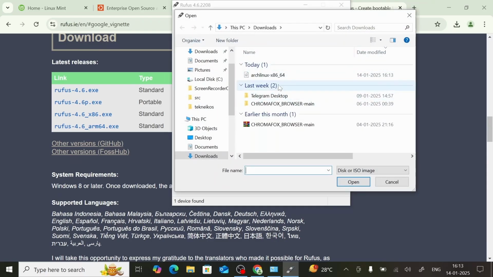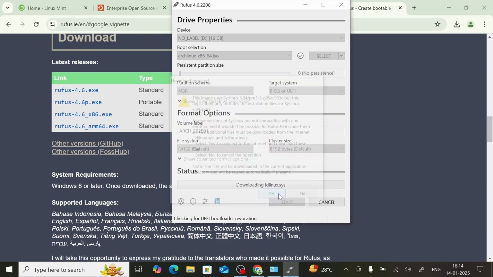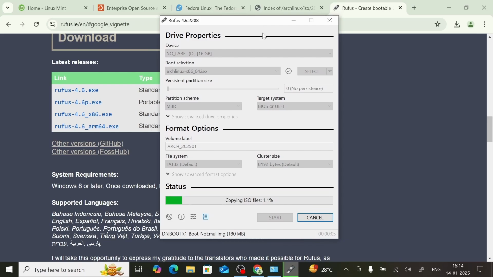Click on the disks, click on Arch Linux and open it. Once you are ready, just click on start. Okay, yes. Now this will start copying your ISO to your pen drive, and once this is done, you can boot.